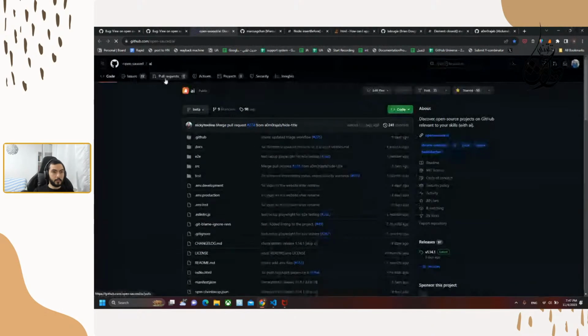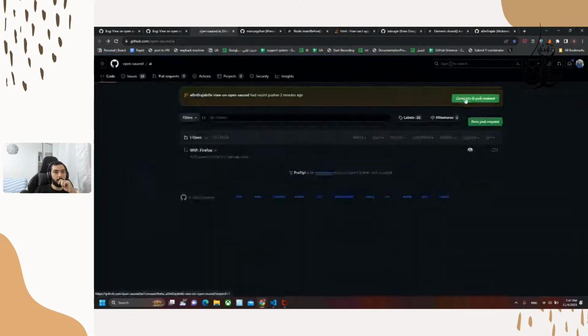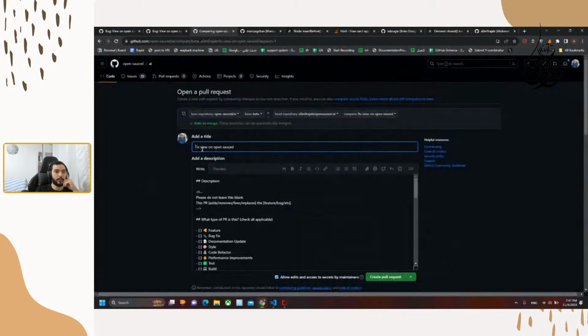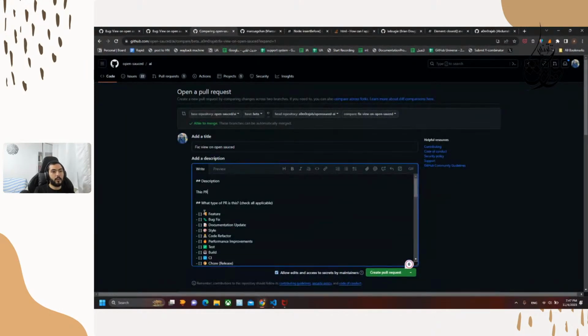write or open a pull request. Yeah, here. Okay. Here is the pull request that I'm going to open, which is fixed view and open source. I think, yeah. PR: add edge case for view an open source that checking user profile, and at the same time fixes in